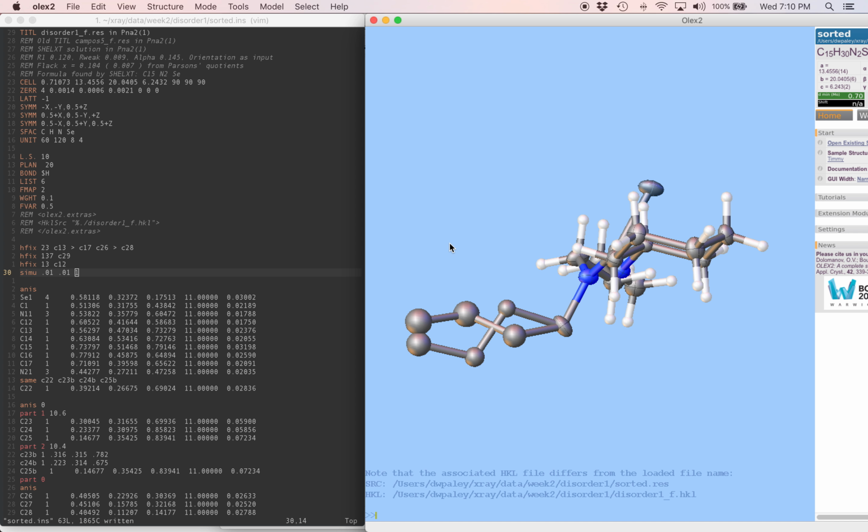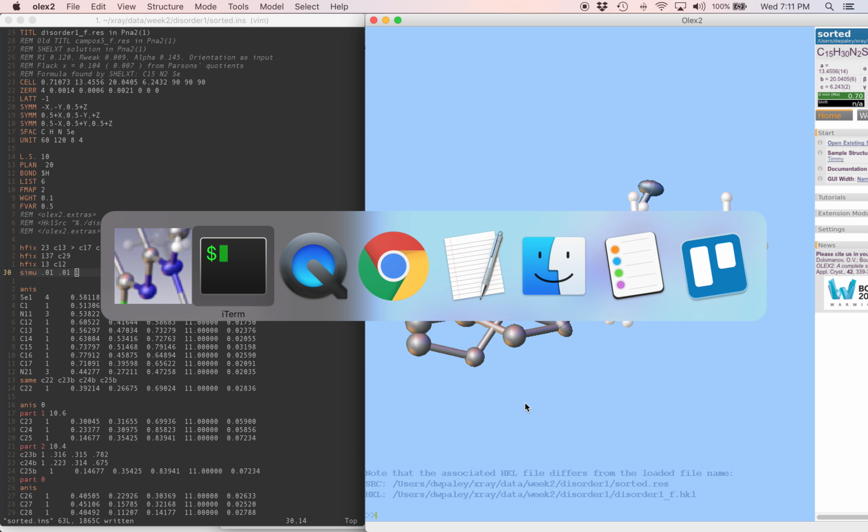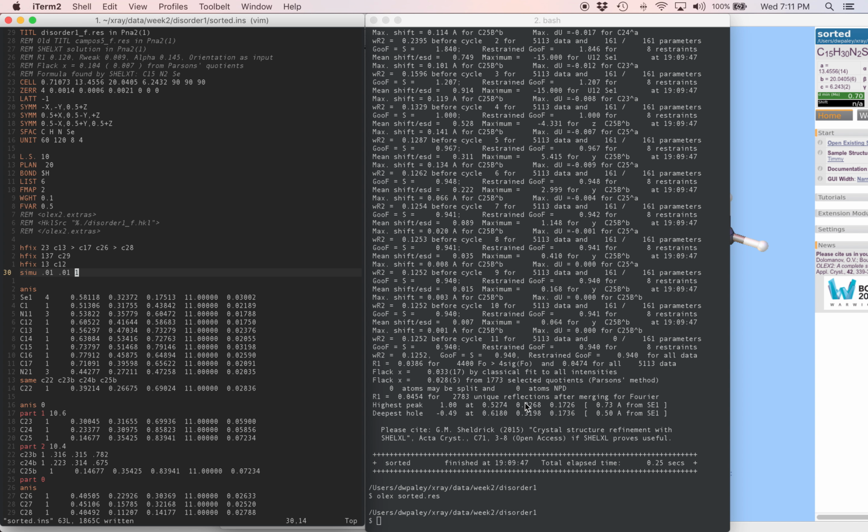One thing we haven't done yet is refine the occupancy fractions of these two parts. And I can see by looking at them that the occupancy of the major part is probably a little lower than it should be. The minor part probably has a little bit more density than it should. I can tell that because the displacement parameters are smaller up here and bigger down here. So we'll refine that ratio instead of fixing it, and we make that change by coming down to the part instructions and changing this to